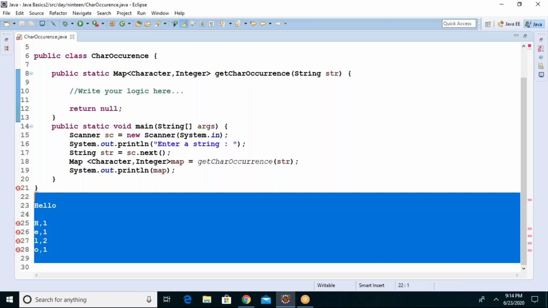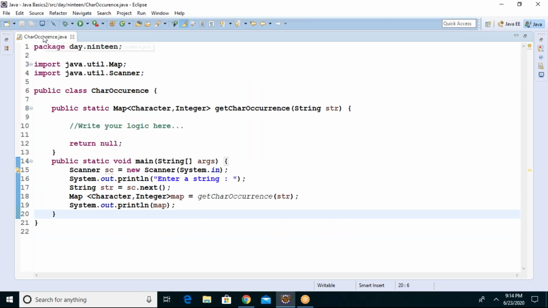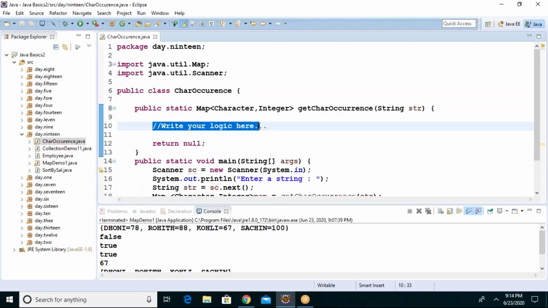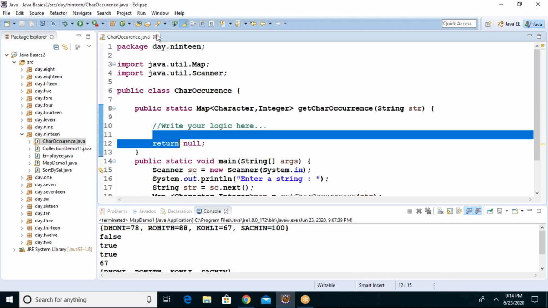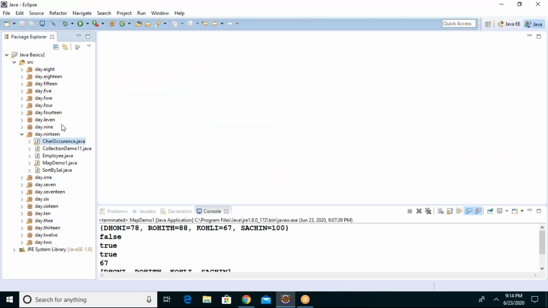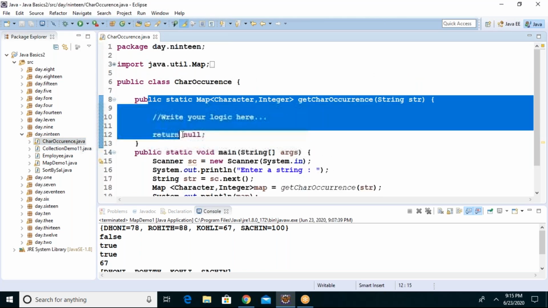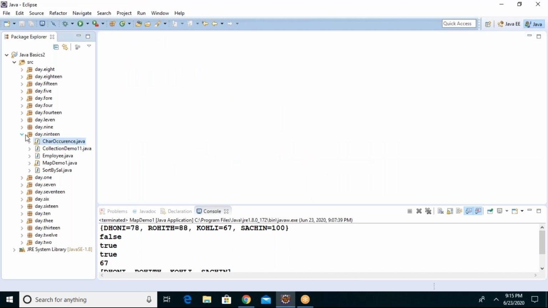I want you to work on this tomorrow. Bring this assignment, and this project I am sharing with everyone. In the same program, everybody will get a copy. So you write your logic, return that particular map, and see the output. Show me tomorrow. In every system, I want to see this program, because I'm giving the skeleton along with that. You need to write the logic, no exception, guys. Everybody, I want you to work on this.